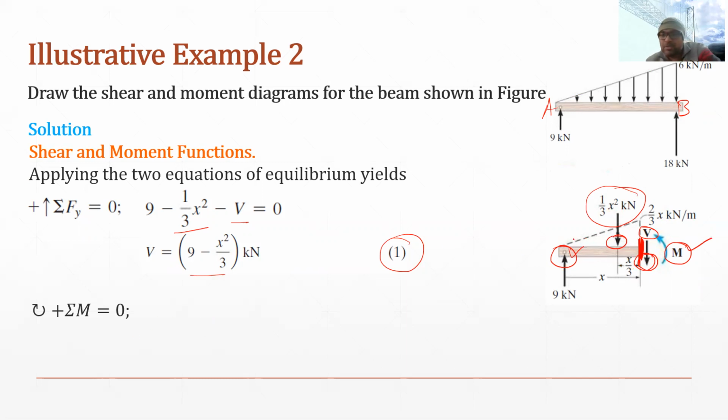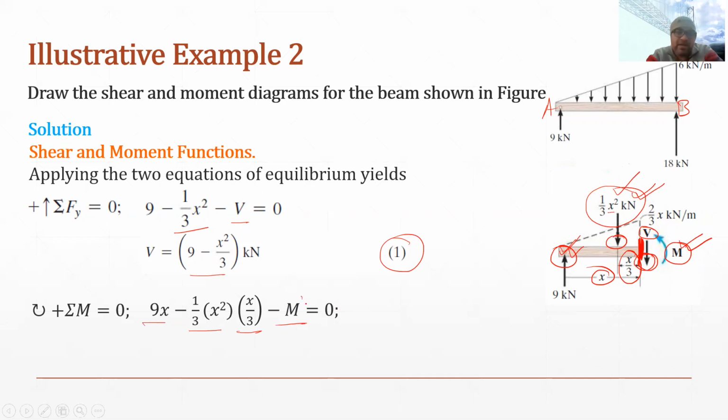So this will create positive moment, this will create negative moment. I have already explained in the previous part why it will be positive and why it will be negative, so you can refer to that. So in this, the equation now becomes 9 multiplied by x as positive. Similarly, the moment due to this force will be negative 1 by 3 x square multiplied by the perpendicular distance, which is x by 3. So this is minus 1 by 3 x square multiplied by x by 3. And minus m, because m is anti-clockwise, so we are taking this as negative.